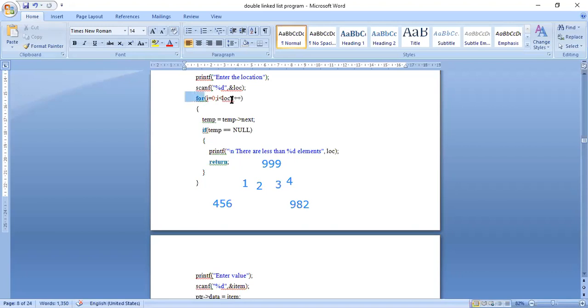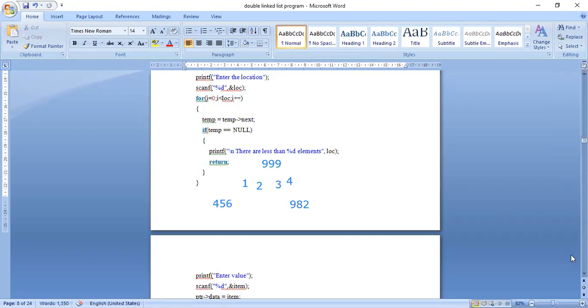So I will write something like for temp of next not equal to null, temp is equal to temp of next. In this for loop part, I will use while temp of next not equal to null. Next, temp is equal to temp of next. That's the same thing. Temp is equal to null.